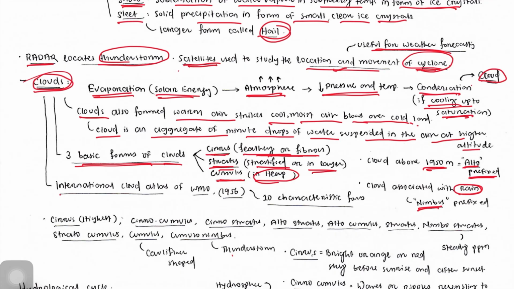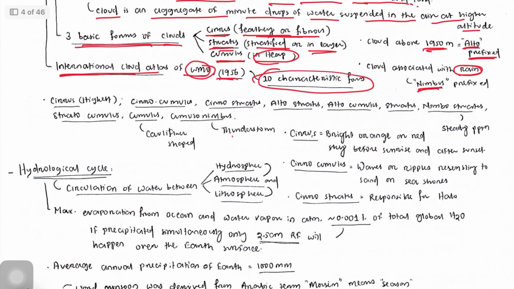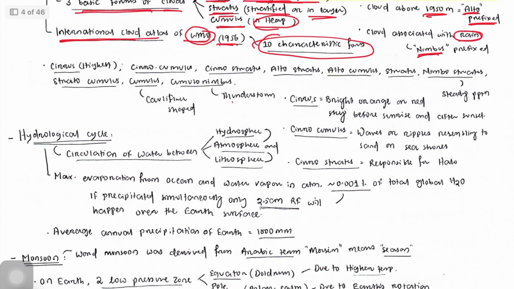Then the International Cloud Atlas by the World Meteorological Organization in 1956 differentiated different types of cloud into 10 different groups. So there are 10 different characteristic features of different types of clouds. What are they? Cirrus, that is the highest cloud, highest in terms of altitude. Then cirrocumulus, cirrostratus, altostratus, altocumulus, and we have studied the alto prefix when the cloud is